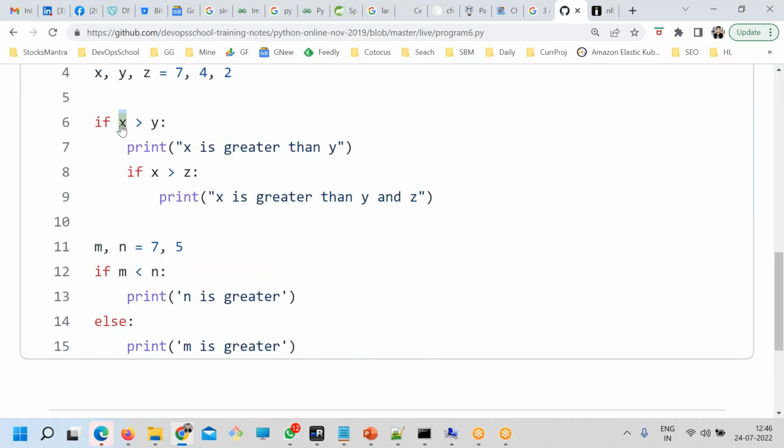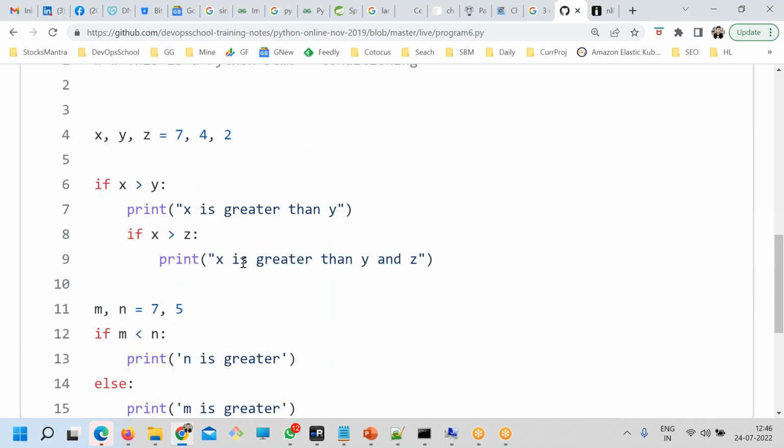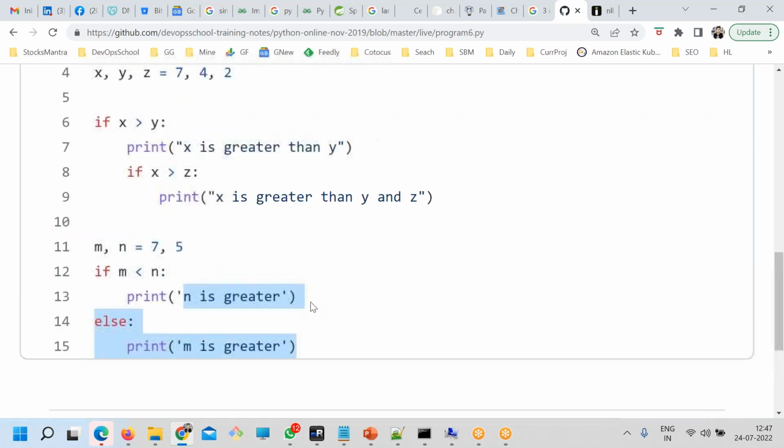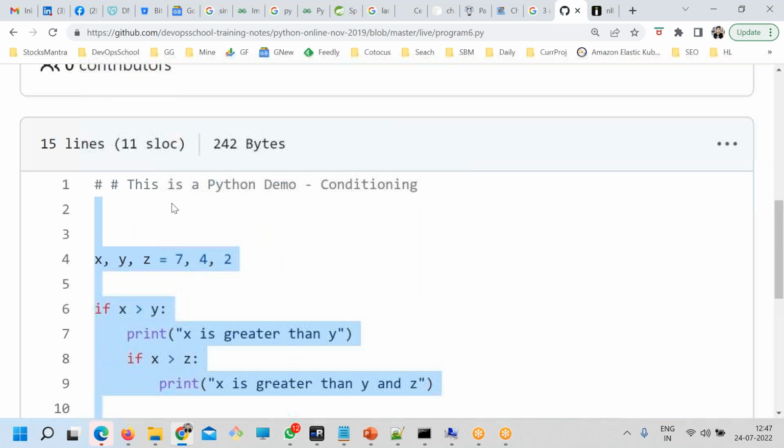If x is greater than y, then print this. If x is greater than z, then print this. Look at this very carefully. There's no new line between these. Here m is equal to 7, n is equal to 5, and here if and else together you have. So let's try this code.